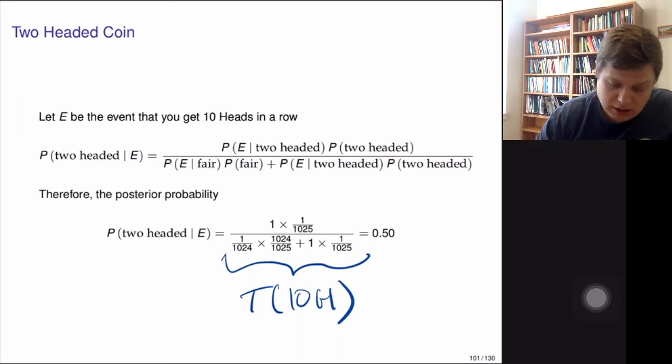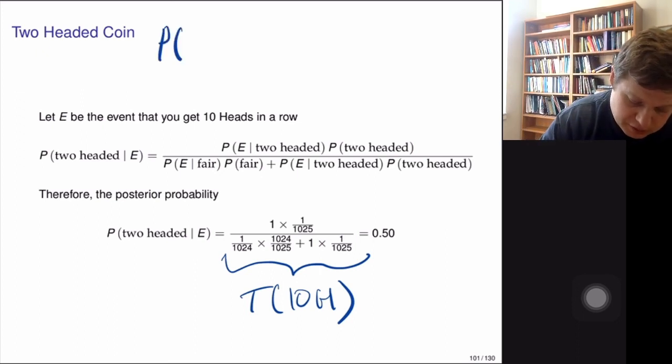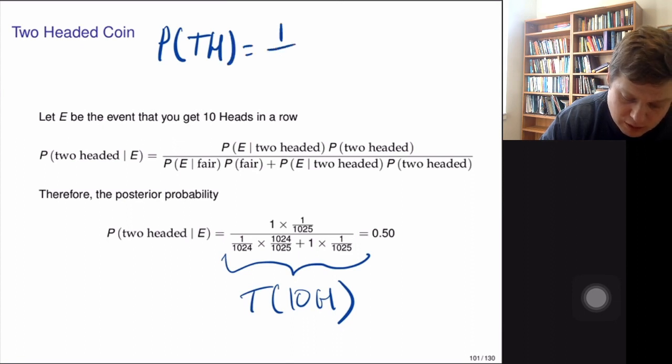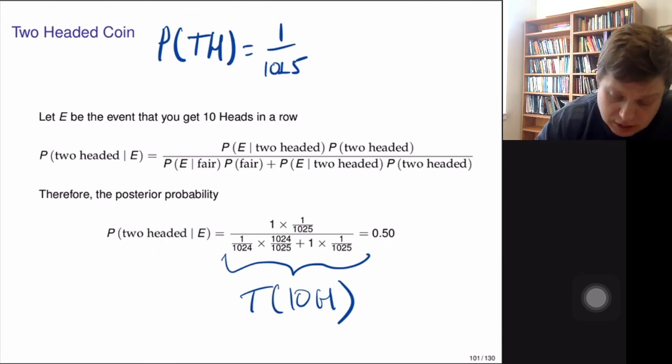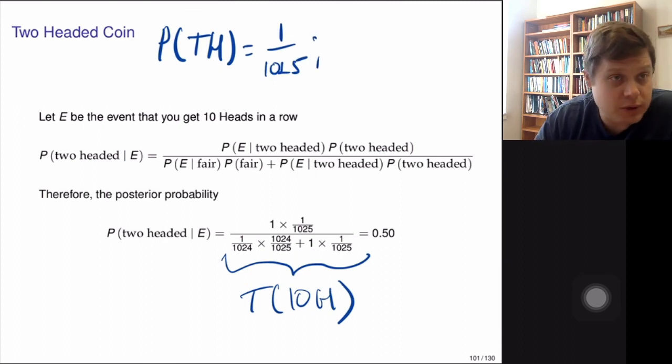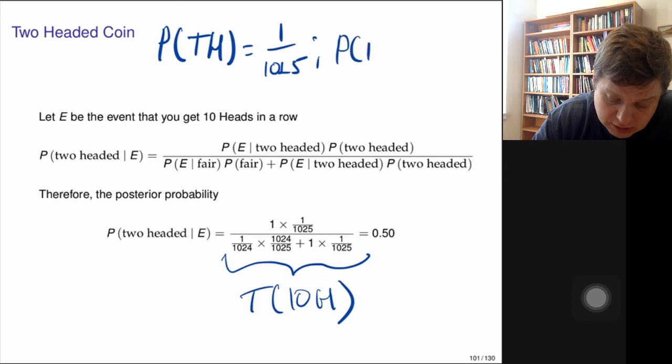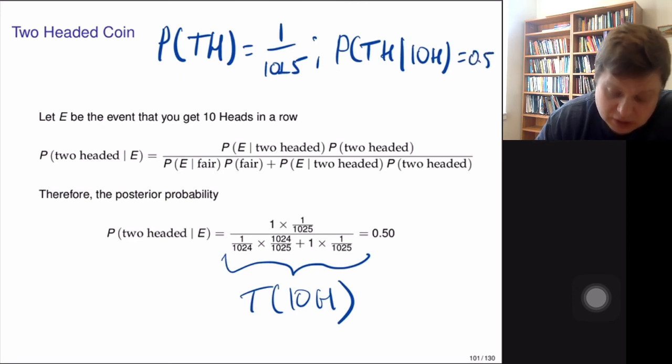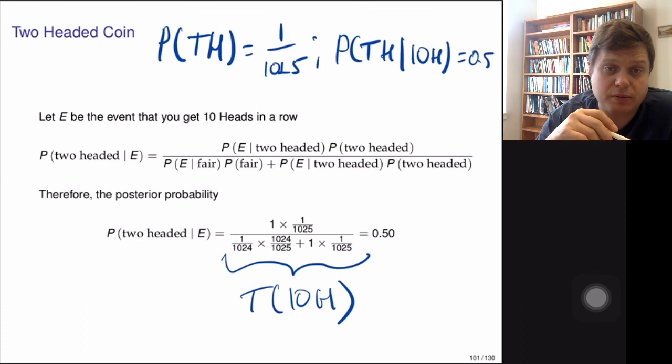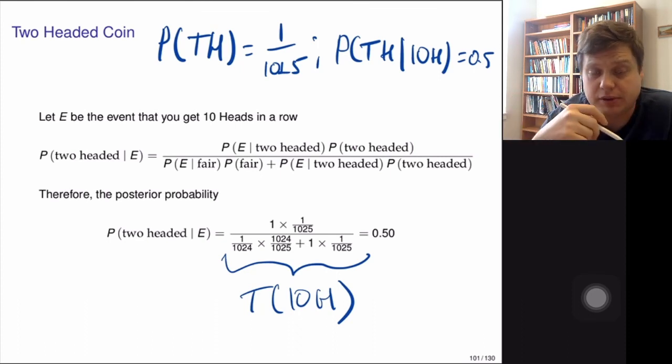Again, you remember our prior probability of a two-headed coin was 1 over 1025, so it's a very low chance of randomly picking the two-headed coin. But once we collected evidence, the probability of a two-headed coin, given that we saw 10 heads, is actually 0.5. So we went from a very low probability to a relatively high probability, a 50-50% chance,